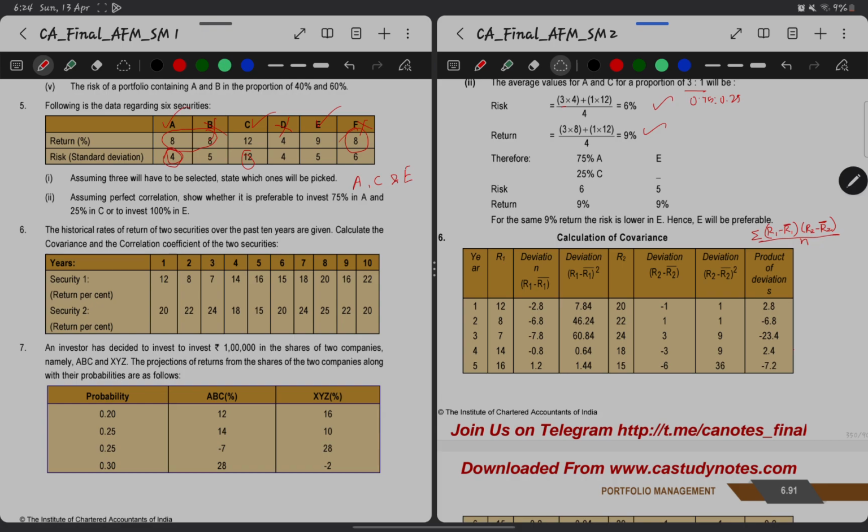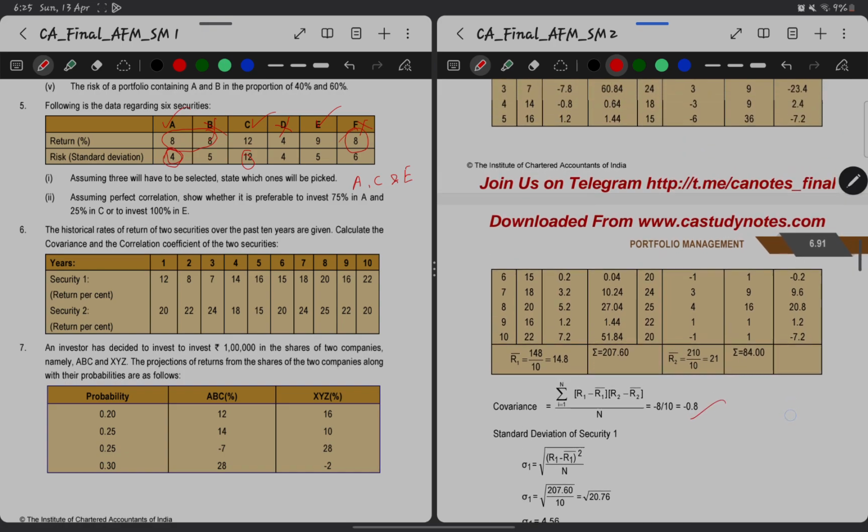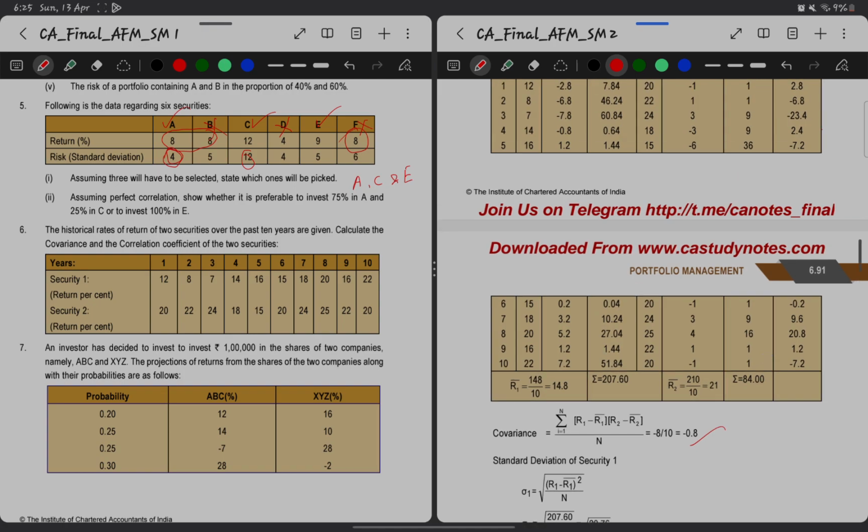the return 1 minus the expected return, multiplied by return 2 minus the expected return. The summation of all these products of deviations divided by the number of returns will give us the covariance. In this case it's coming up to negative 0.8 for security 1 and security 2, and the standard deviation we can find with